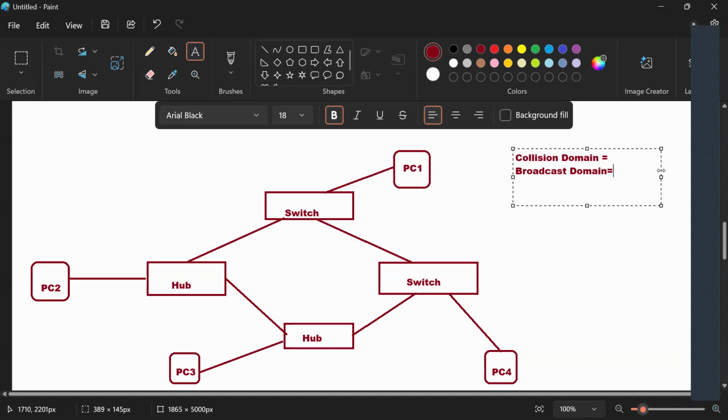Confused. 7 collision, 3 broadcast. 1 collision, 3 broadcast. Switches are there, right? Per port collision.